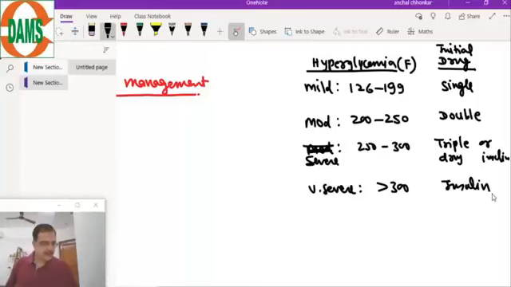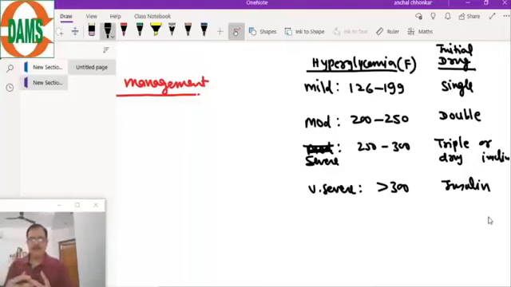So side effect of the bromocriptine, as I have told you, is nausea, vomiting and dizziness, non-specific side effects. What if fasting is 100 to 126? Then it is not diabetes, that is pre-diabetes. Only lifestyle modification will be done in that case. So if it is 126 to 199, give a single drug. 200 to 250, double agent should be given. 250 to 300, triple drugs or insulin will be initiated. More than 300, definitely insulin is to be given.